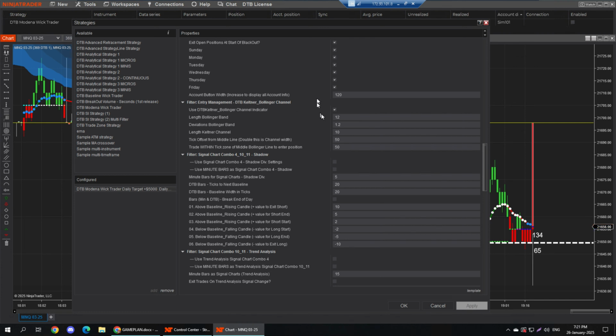channel. So over here, you can click the box to use it. You don't have to click it on here because you can click it on the chart also. But these are the values that you're setting in there. So once you've determined your very specific Bollinger Band periods, your deviations, your chop zone, how wide you want the channel, these are the 4 settings that are inside the indicator. Okay, so that's going to determine when the strategy trades based on those specific settings that you've put in